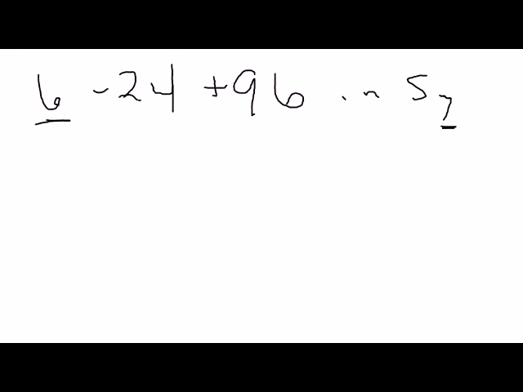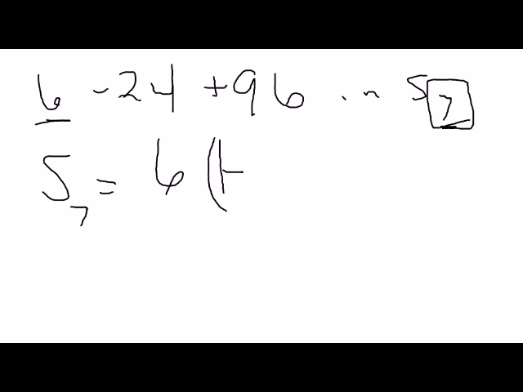We also have how many we're going to be evaluating here. Up to what number are we getting the sum for? So S of 7 is going to be 6, which is the first term, times 1 minus